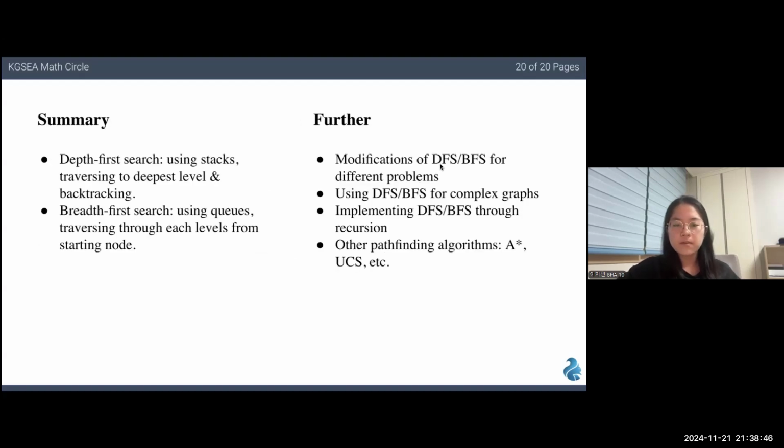Lastly, to give a brief recap of the presentation, we learned about the two graph traversal algorithms, depth-first search (DFS) and breadth-first search (BFS). The former uses stacks to traverse to the deepest possible levels before backtracking, while the latter uses queues to traverse through each level from the starting node. With this information, some possible extensions are modifications of DFS and BFS algorithms for applications in different contexts or problems, using DFS and BFS for more complex graphs, implementing these two algorithms through recursion instead of iteration, and other pathfinding algorithms such as A* and